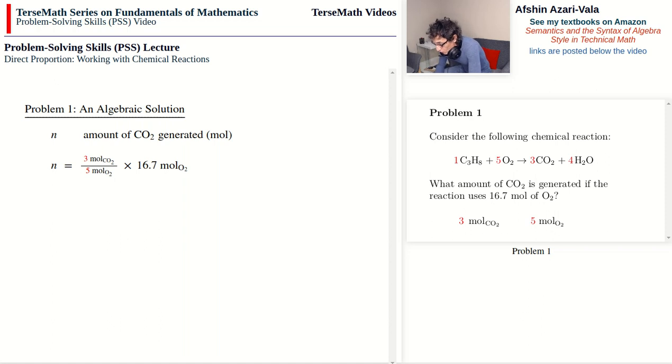As before, if you want to make sense of why this kind of setup works, then you think of the division here. You perform that division, and that gives you 6/10 of a mole of CO2 per mole of O2. So it tells you how many moles of CO2 for 1 mole of O2. And if you multiply by the amount that you have in moles of O2, then you'll end up with total moles of CO2. And again, I would like to mention that this is very similar to the situation where we have